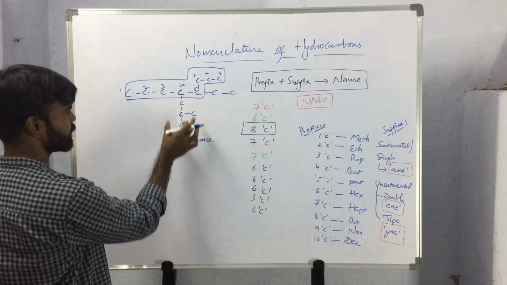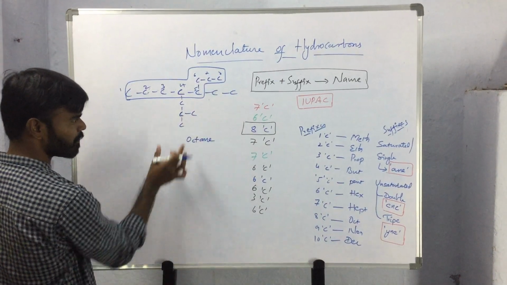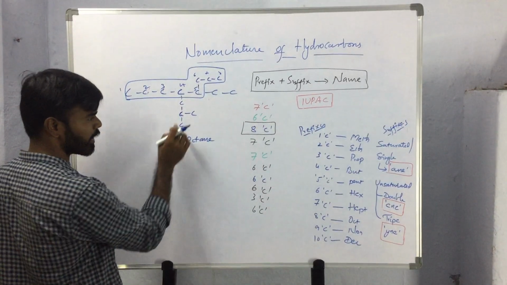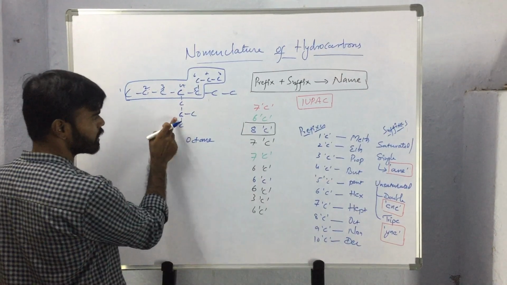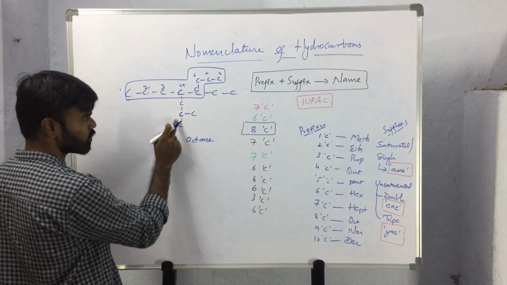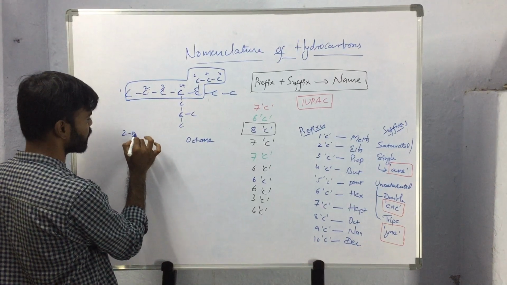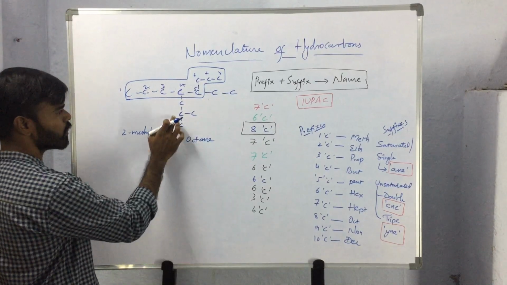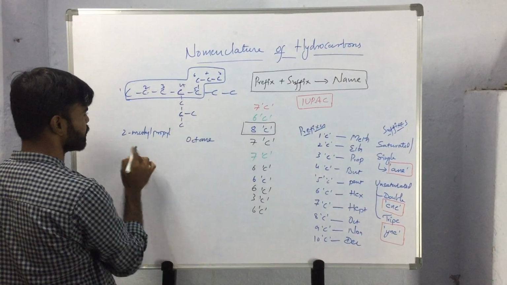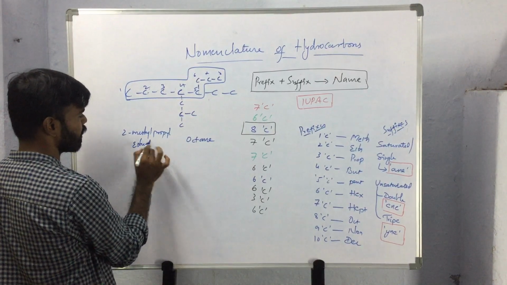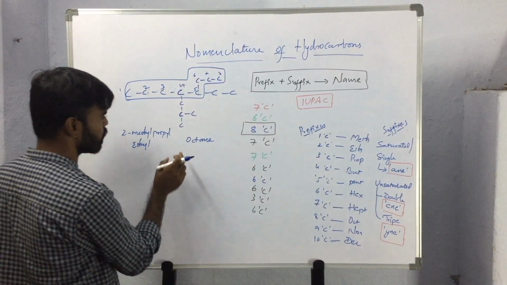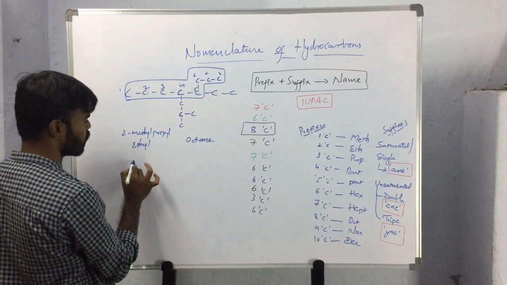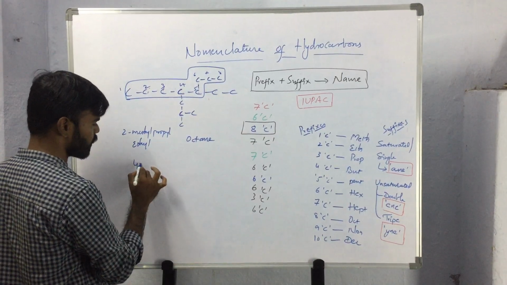Now we have to select the side chains. So this will be the 1 2 3 propyl, but in this propyl group we are having one methyl substituent also. Actually the second carbon atom is having the methyl substituent. So this will be called 2-methyl propyl. Okay, this is 2-methyl propyl substituent and it is ethyl substituent. So in this condition, how will we name the compound? As usual, this will be given the first priority. So on the fourth carbon atom we have